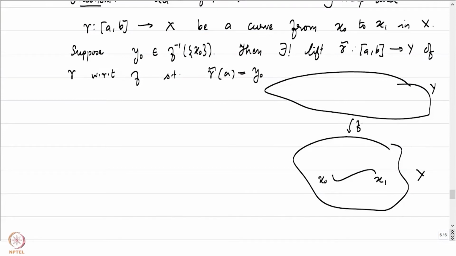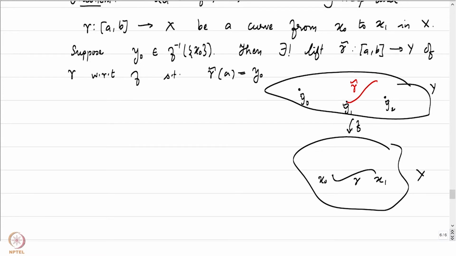So suppose we have a cover here, say this is Y, this is X, and suppose we have a map f here, and suppose x0 has pullbacks at y0 tilde, y1 tilde, y2 tilde, and so on. There might be more, I'm just focusing on 3. What the theorem tells us is that if we fix one of the pullbacks, say y1 tilde, which is mapping to x0, then there exists a curve gamma tilde starting here, such that it's a lift of gamma with respect to f. That means that f composed with gamma tilde will be equal to gamma.